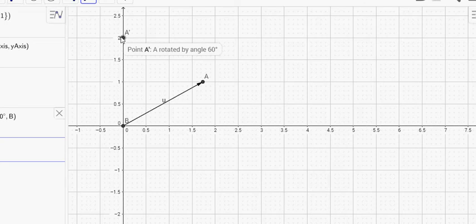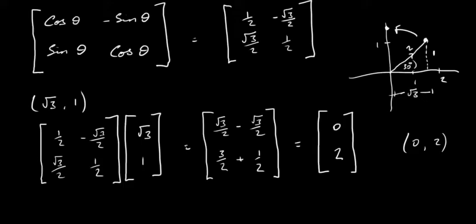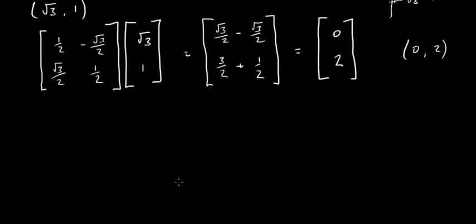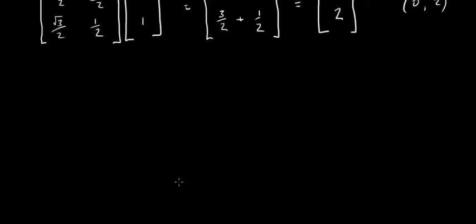This is the point A prime. It's A rotated by an angle of 60 degrees. So that's what we got when we did it manually as well. Okay, so let's move on to the final type of transformation that I'm going to do, and it is a